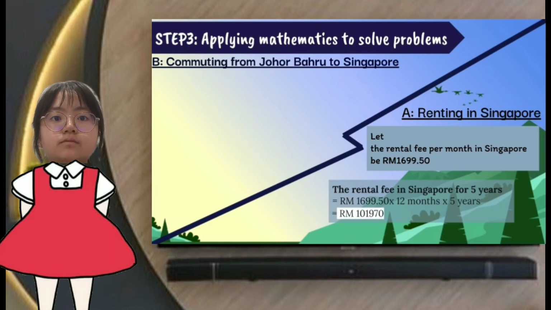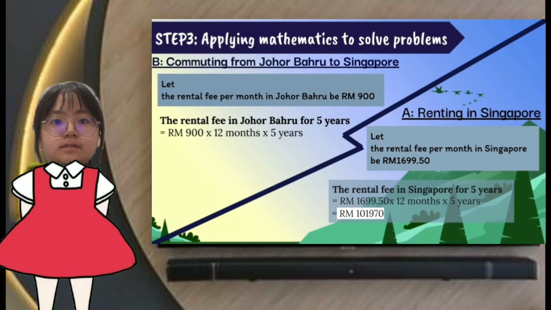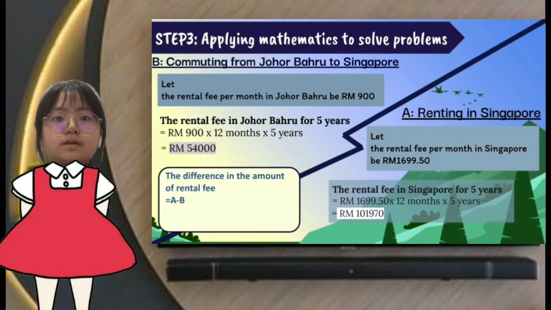101,970 ringgit. For commuting from Johor Bahru to Singapore, let the rental fee per month in Johor Bahru be 900 ringgit. The rental fee in Johor Bahru for 5 years is 900 ringgit times 12 months times 5 years equals 54,000 ringgit. The difference in the amount of rental fee is the rental fee in Singapore for 5 years